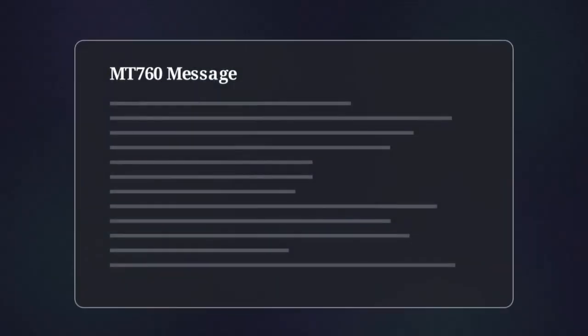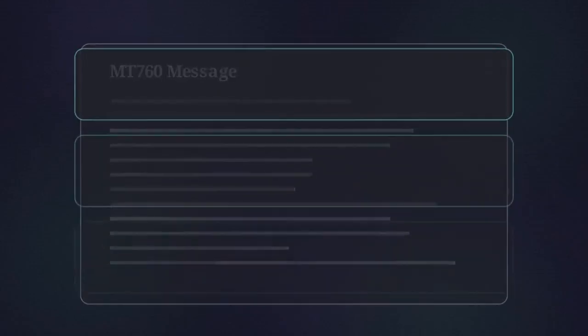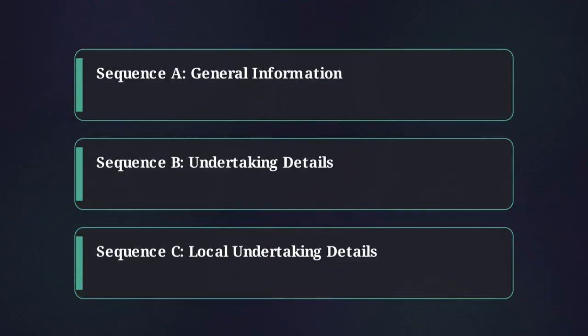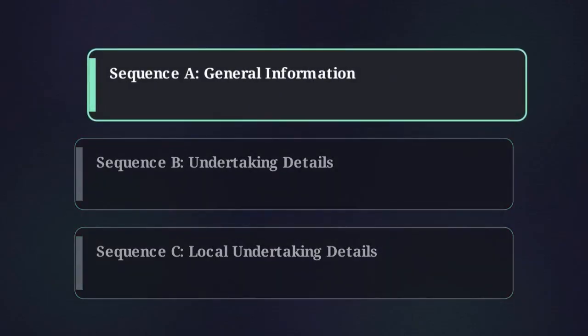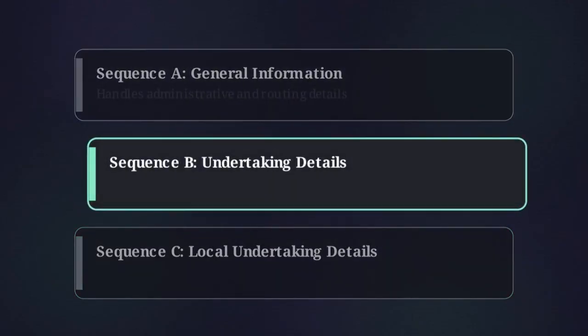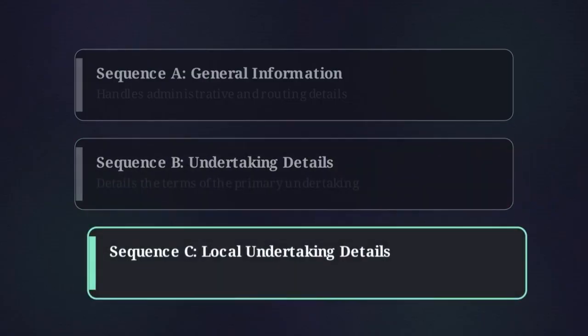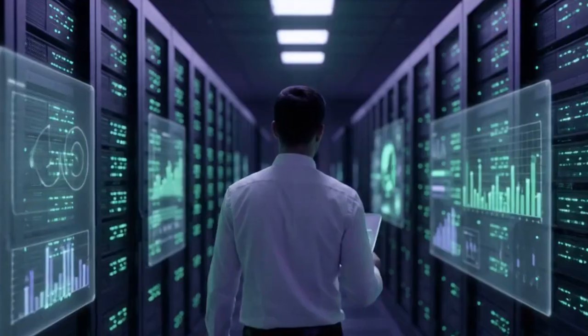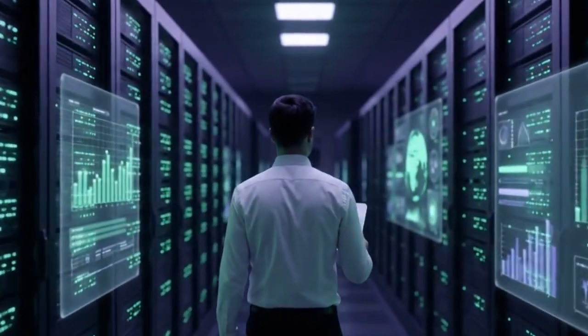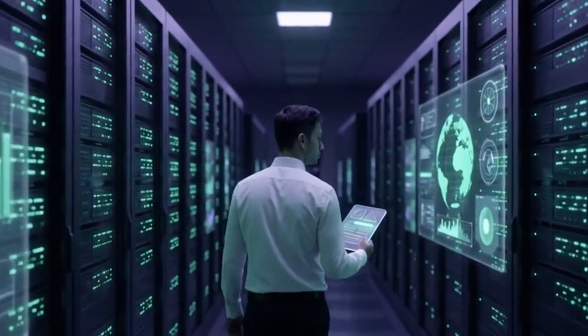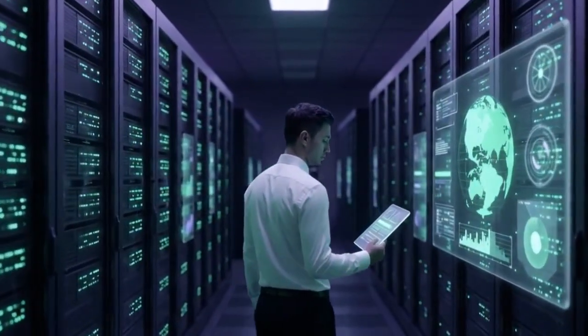To understand the mechanics of this message, we have to look at the three sequences that govern its construction: Sequence A, Sequence B, and Sequence C. Sequence A handles administrative routing. Sequence B details the primary undertaking. Sequence C provides conditional local instructions. Adhering to this specific structure eliminates network NACKs and ensures the message remains legally operative once it leaves the sender's